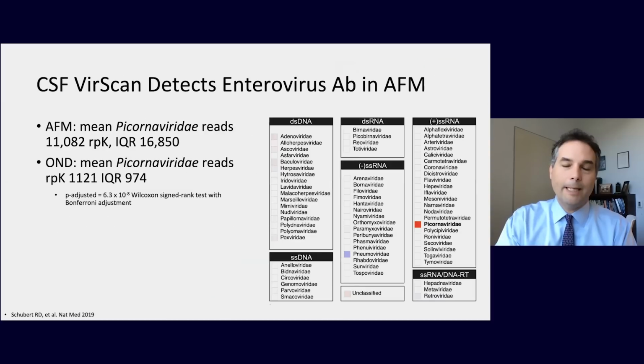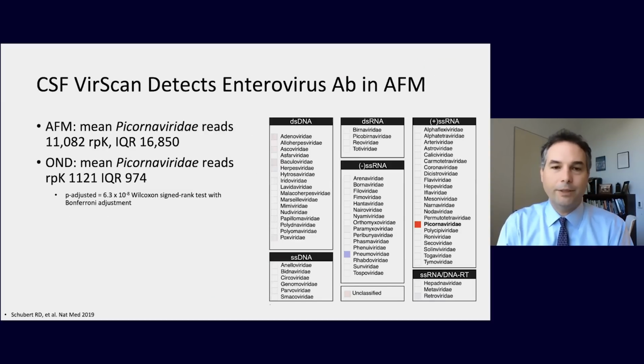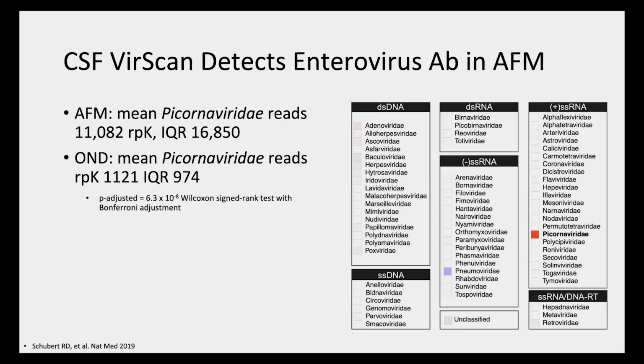So we incubated the spinal fluid from each of these children with this phage display assay that has peptides, proteins represented from thousands of different viruses. And we just said, in the children with this polio-like illness, what viral antibodies do they have in their spinal fluid that the kids without this illness don't have? And so the only viral family that was enriched in the kids with this polio-like illness were the picornaviridae, picornavirus,